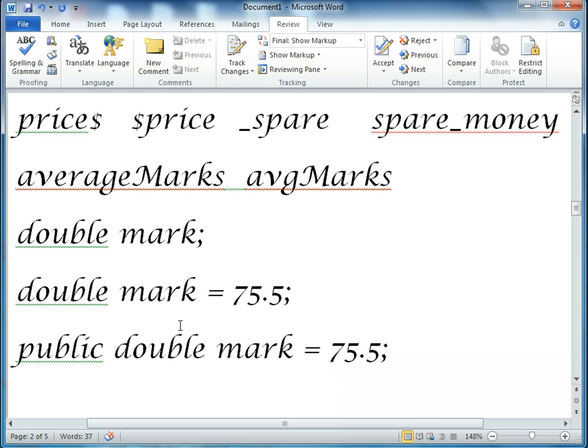So that's initializing. And also we sometimes specify public. The word public here indicates that this variable can be used by other classes that can see this class. Let's look at